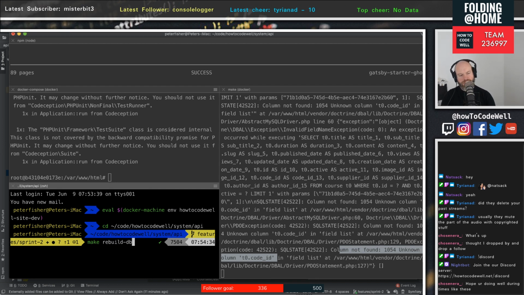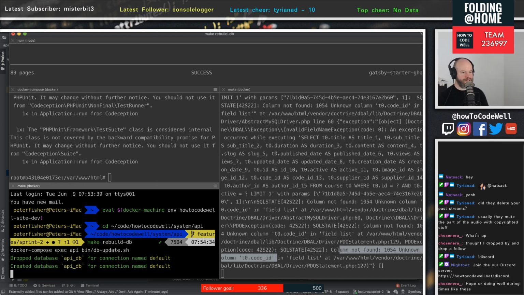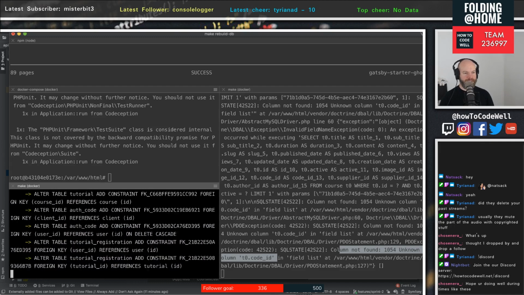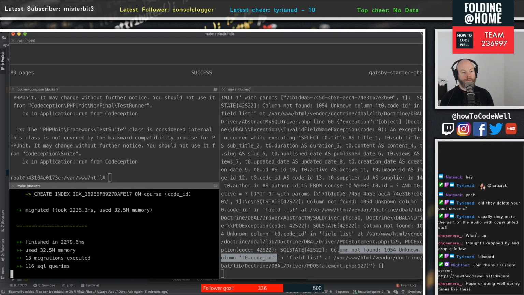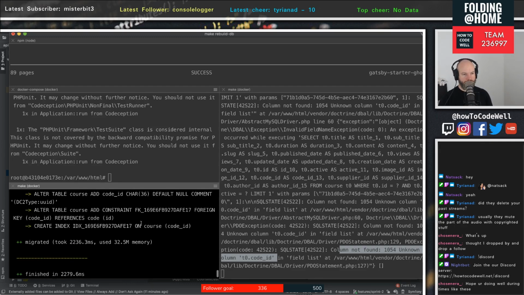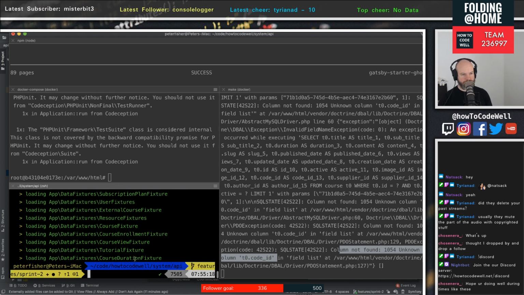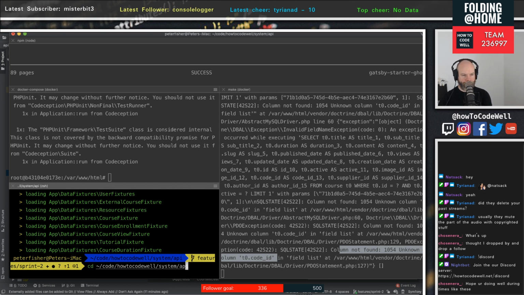Rebuild DB. I really should change those make commands so they're always DB and then rebuild. So this is going to drop the database. It's going to create the database. It's now going to run through all the migrations, including that migration that we've got with the course, if you can see here, right? And then it's going to load the fixtures up. So now I have a database with that new change, which now means that I can do